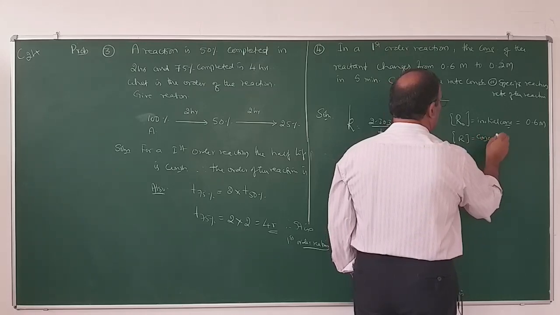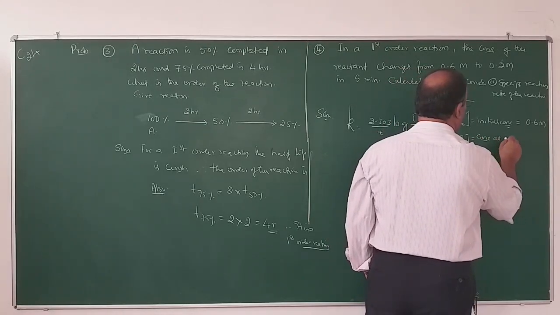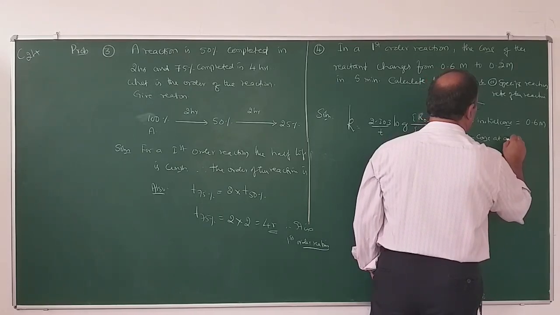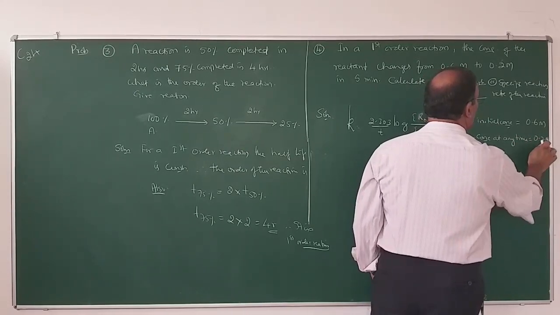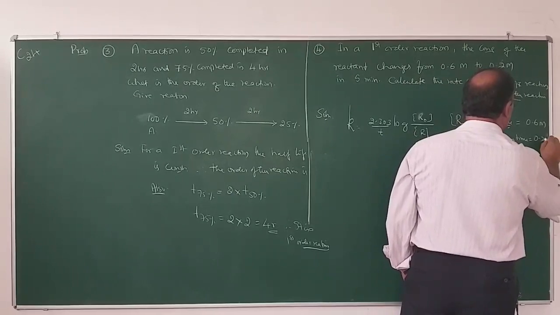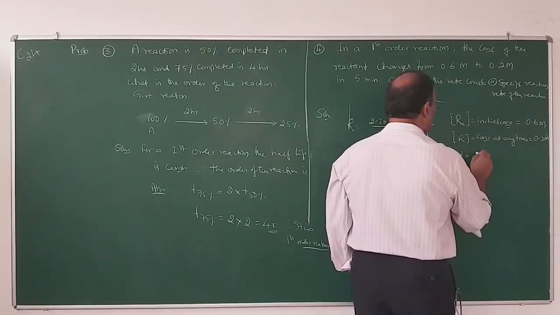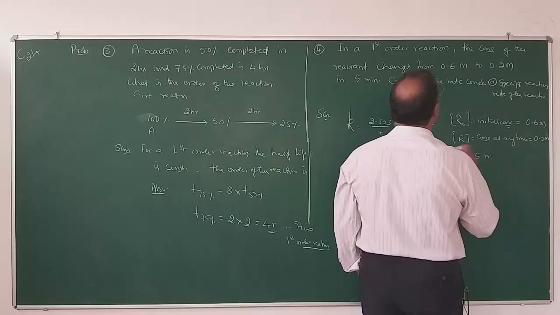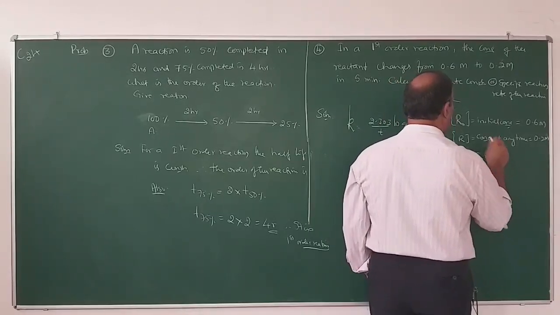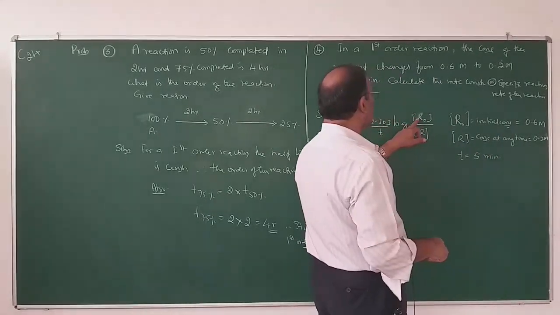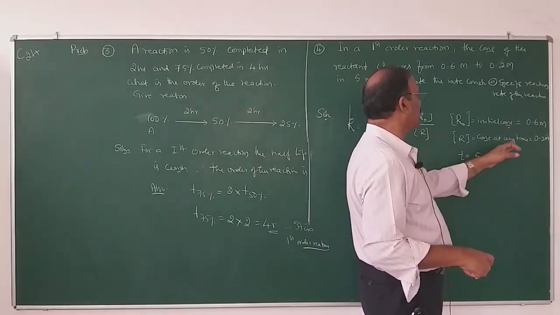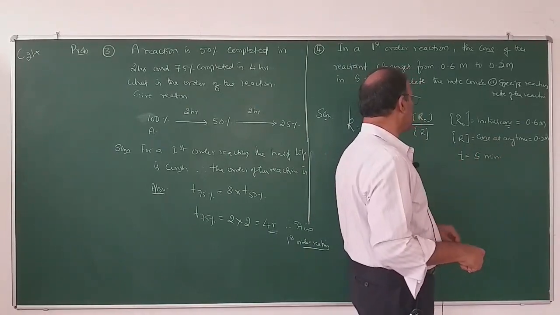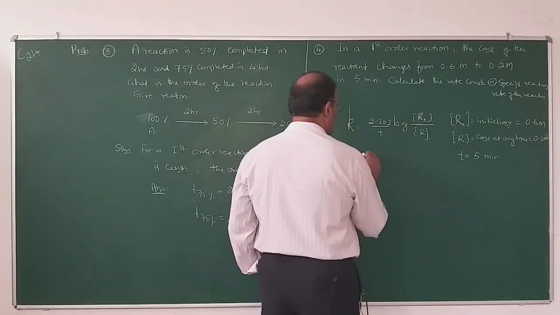Then what is [R]? It equals the concentration at any time, which is 0.2 moles. What is the time? So t equals 5 minutes. [R0] is the initial concentration and [R] is the concentration of the reactant at any time. At any time here means 5 minutes. So substituting in this equation,